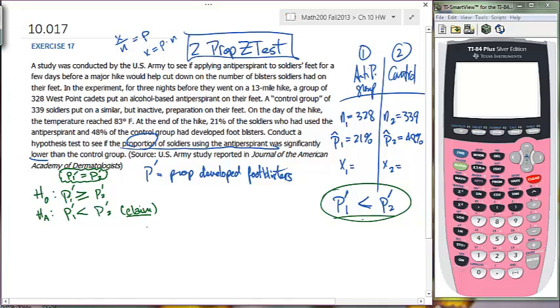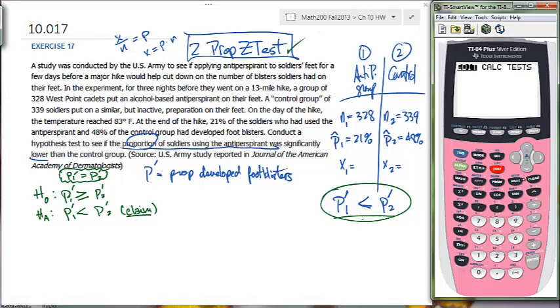Okay, let's go to our calculators and pull up our 2-prop z-test. Let's hit stat, and 2-prop z-test is the 6th option in my calculator. So I'm going to press 6, or you can scroll down towards it. Remember, the first thing they ask for is the x. So x sub 1 is going to be the product of the proportion times n. So 21%, let's put that in decimal form, 0.21 times